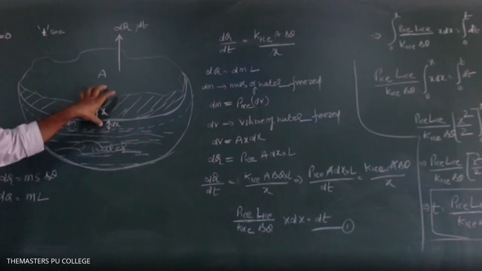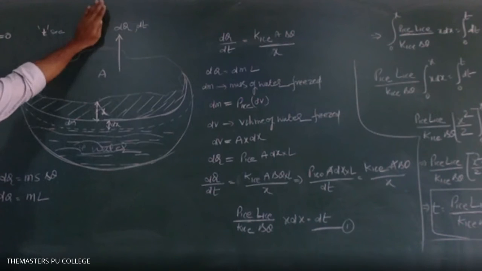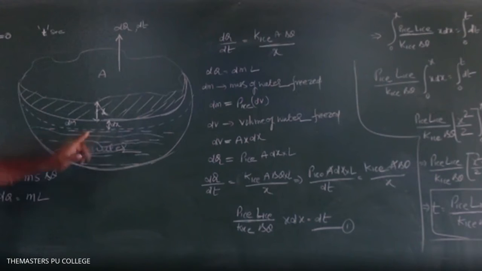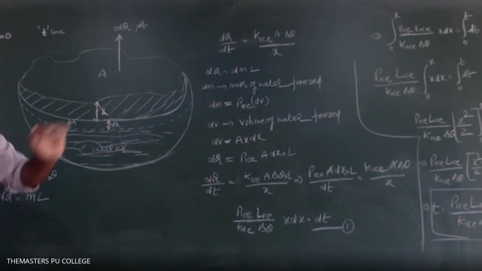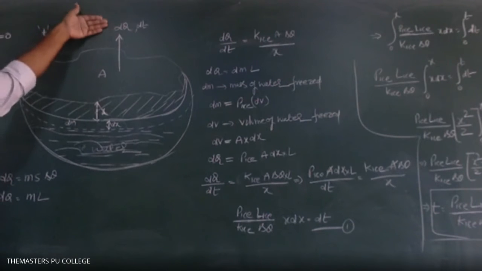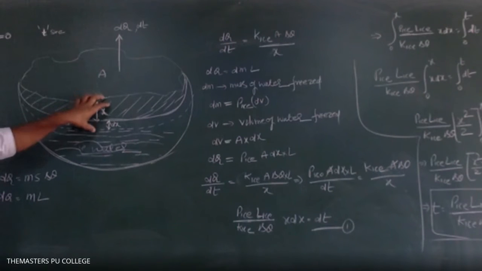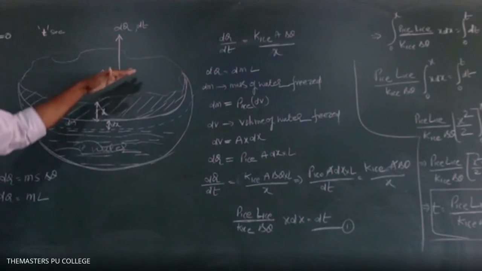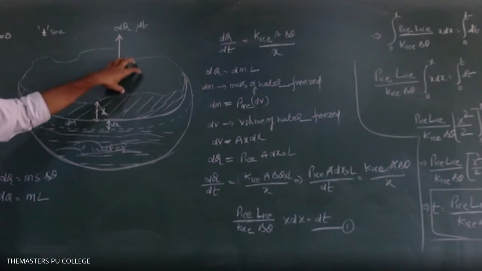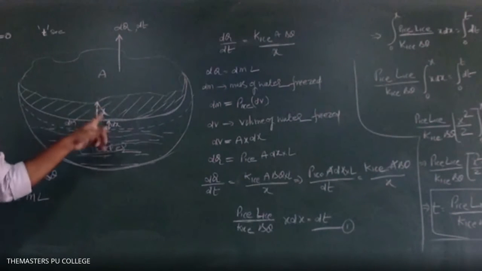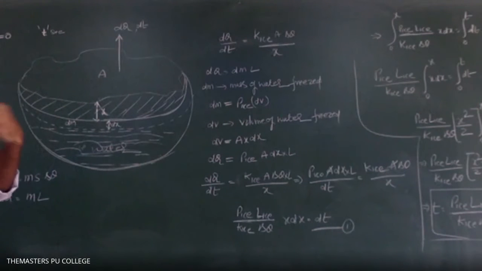When the ice starts freezing, initially the atmosphere is at a lower temperature. Under the ice layer, the water will be at nearly 4 degrees centigrade. When heat flows from this water to the atmosphere through this ice layer, only then will the ice start freezing and the ice layer thickness increase. If there is no flow of heat through this ice layer, the water under the ice layer will not freeze, and the ice layer thickness will stop there and not grow further.